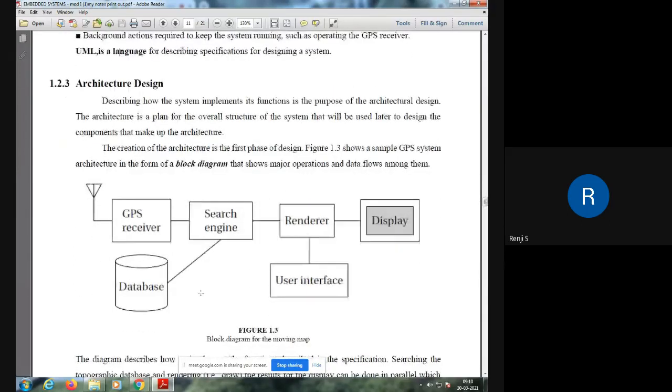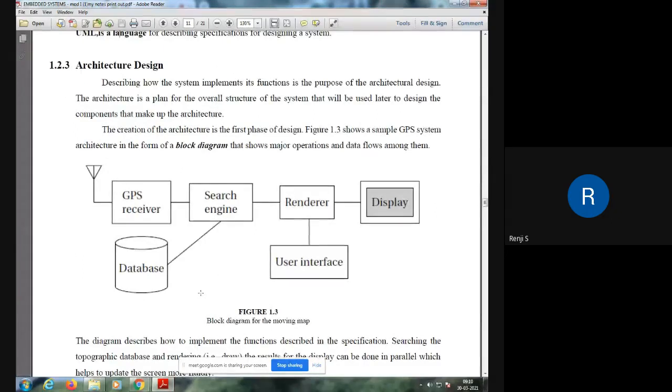Then next we go on to the third phase, that is the architectural design. Once the specification is complete, all details will be there in the requirements form, and whatever is represented in the requirements form should be converted into an architectural design. An architecture shows a plan for the system that is going to be built. Just like we draw the plan for a house, the architecture shows the plan for the product that you are going to build, and it will show what components are involved in the design, how these components interact with each other, etc., as a block diagram.